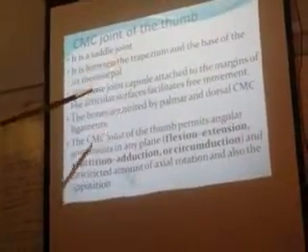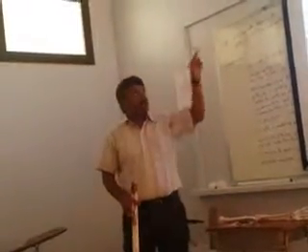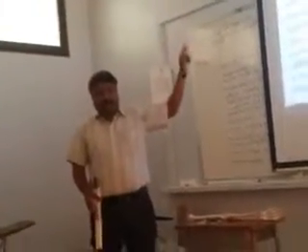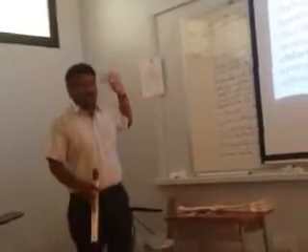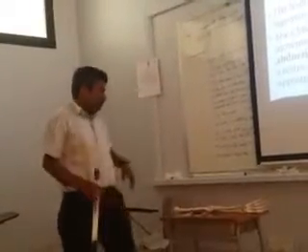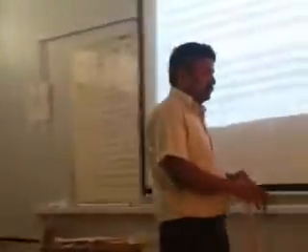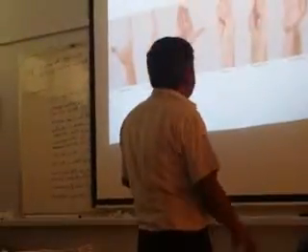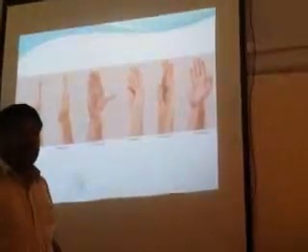Of the thumb, yeah. It is between the trapezium and the base of the first metacarpal. The articular surfaces here are between the trapezium and the base of the first metacarpal. It's the thumb. This is about the thumb.